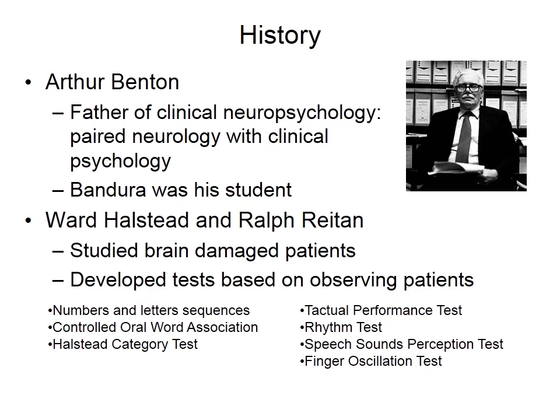We also have, at the same time, Ward Halstead and Ralph Reitan. They studied brain damaged patients and started to develop specific tests based on observing patients. They looked at people they knew had suffered a specific and fairly traumatic brain injury, and came up with a series of physical tests that could detect whether brain damage had occurred when you didn't know it had. If someone comes in with a rod through their head, for instance, you have a very good idea of where the damage is, and you can look for this kind of impairment.